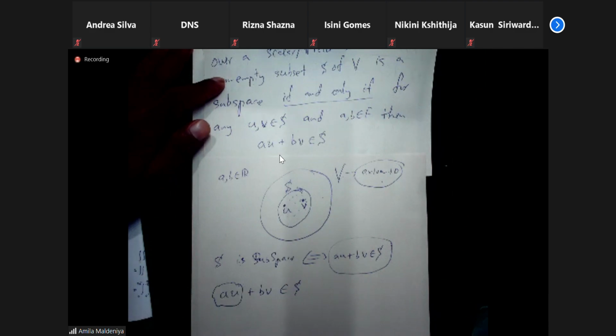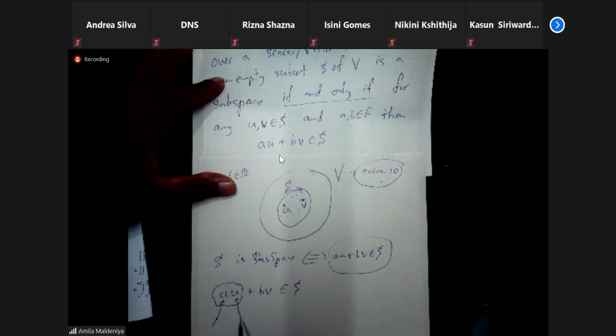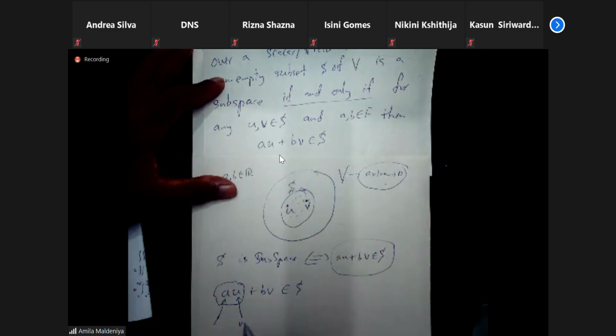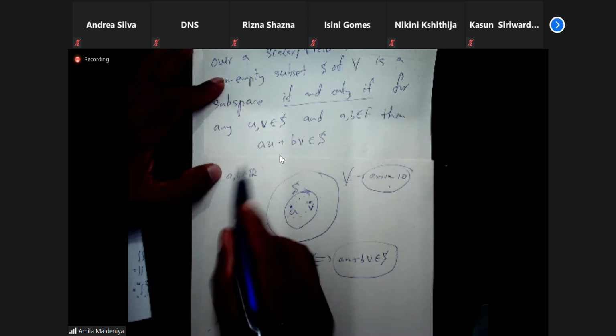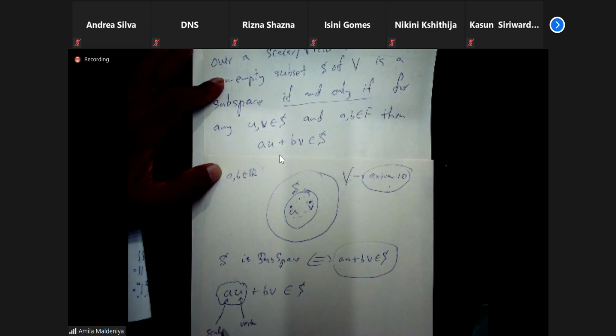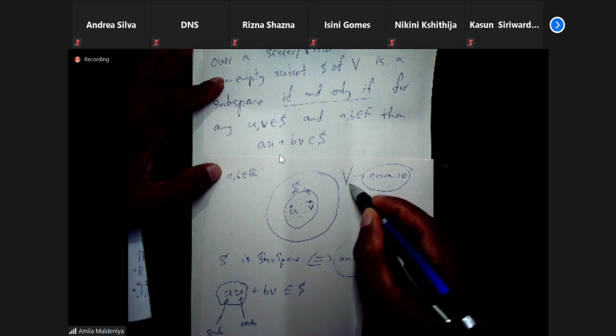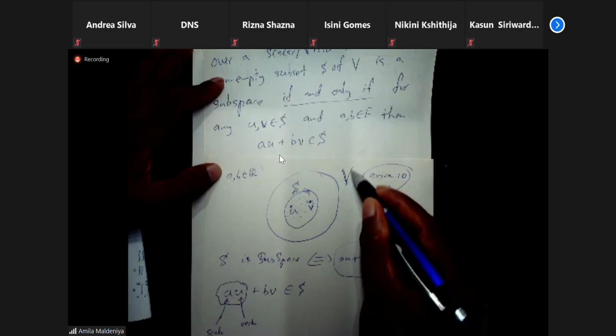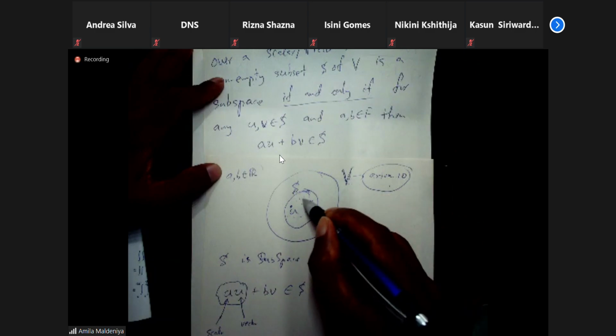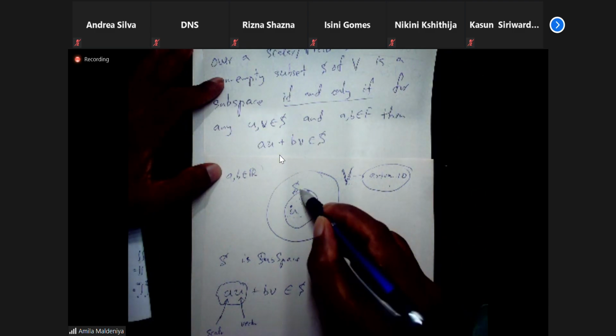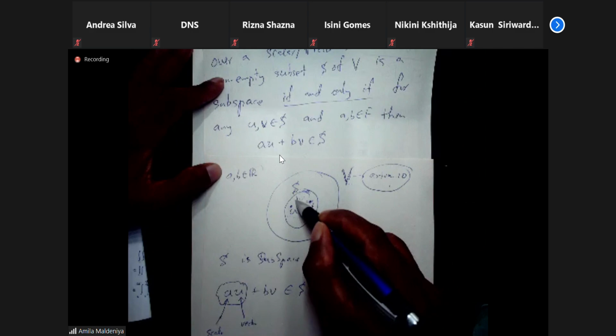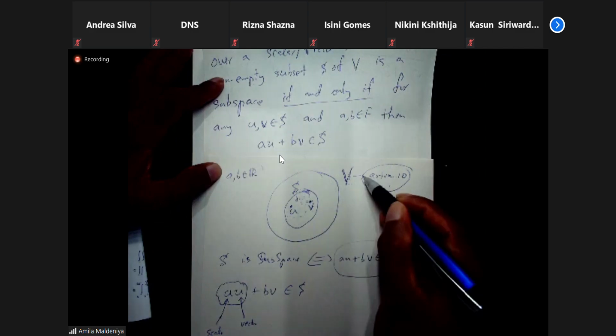Okay, so right now A is what kind of thing? U is what kind of thing? A is an element in the S, no? So that is something like the vector, no? Sorry, A is a real number. That means scalar, no? So in fact, what does this one mean? Scalar times U. That means scalar multiplication. So scalar multiplication is defined on the V. We are using that scalar multiplication in the S as well. So S should have addition and scalar multiplication. So addition and scalar multiplication of S is the same operation as in the V.